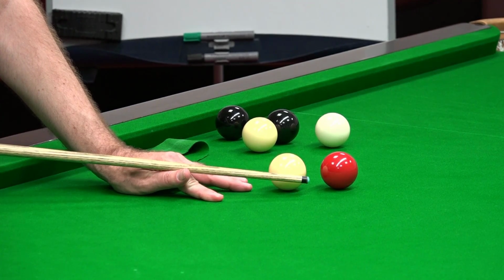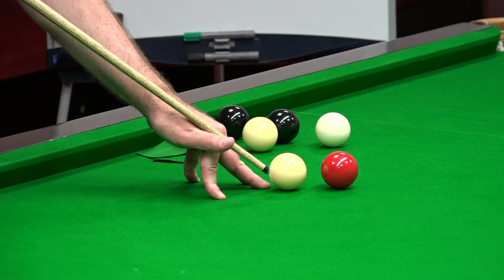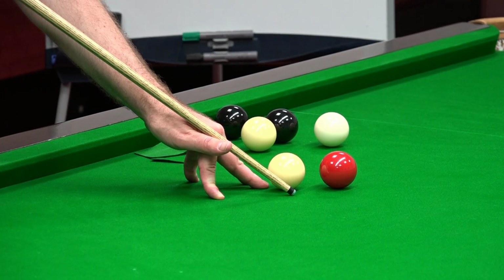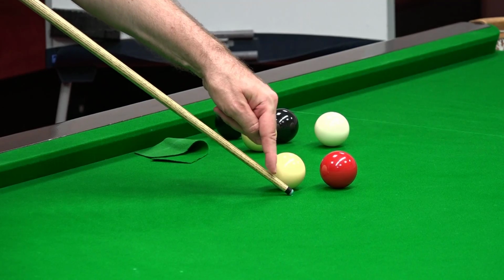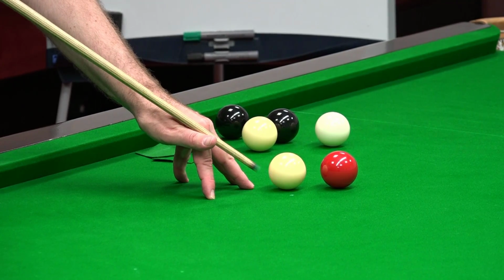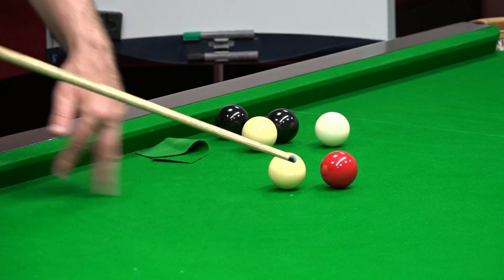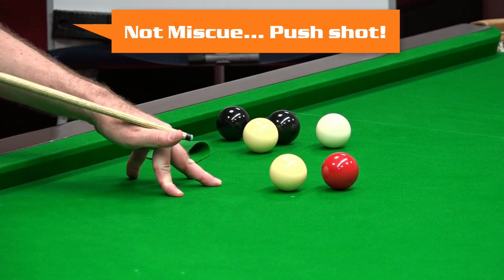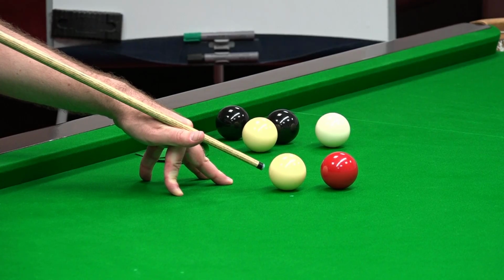If I go 2 inches forwards, there's a push shot. If I go 2 inches through here, it's only going forwards an inch or so. The tip's only moving forwards an inch because my cue's at 45 degrees. So in a sense, you could think of it as cutting your chance of a miscue down in half. So you get the cue up here, and